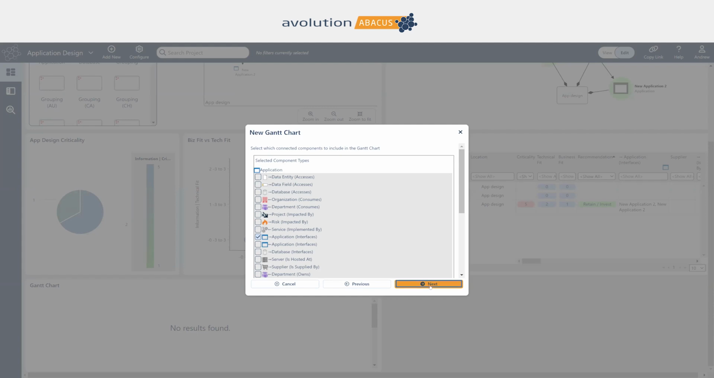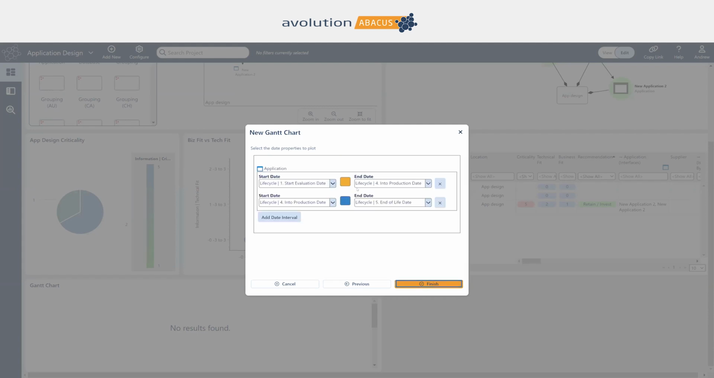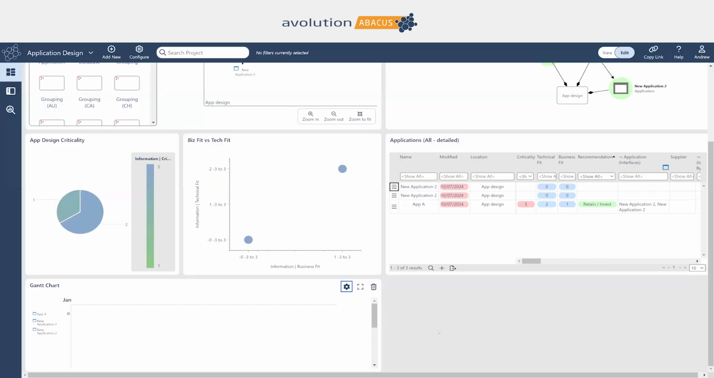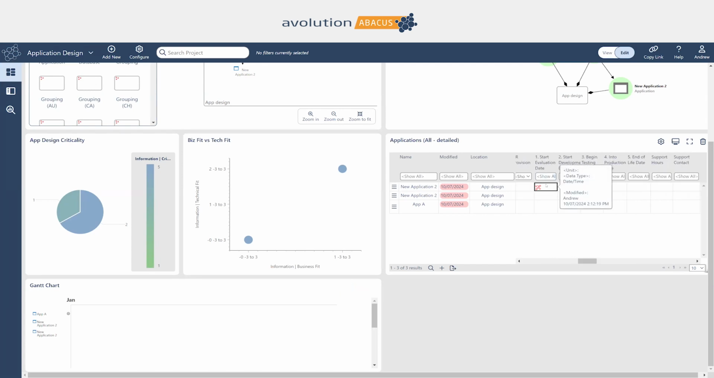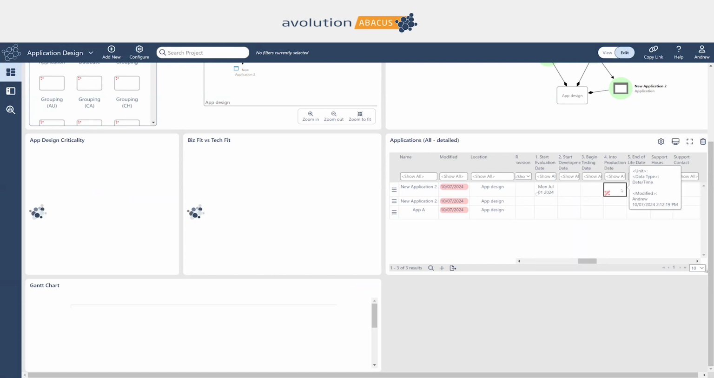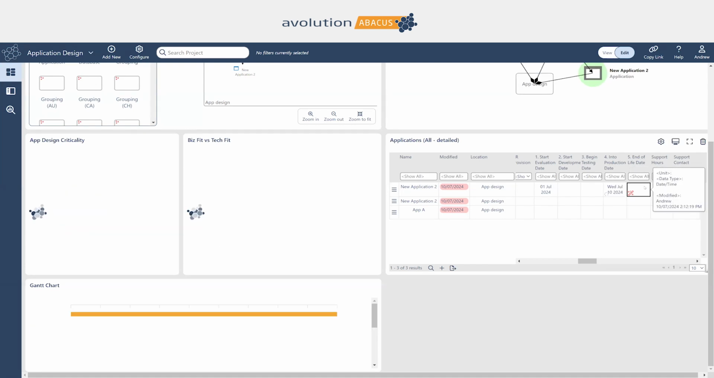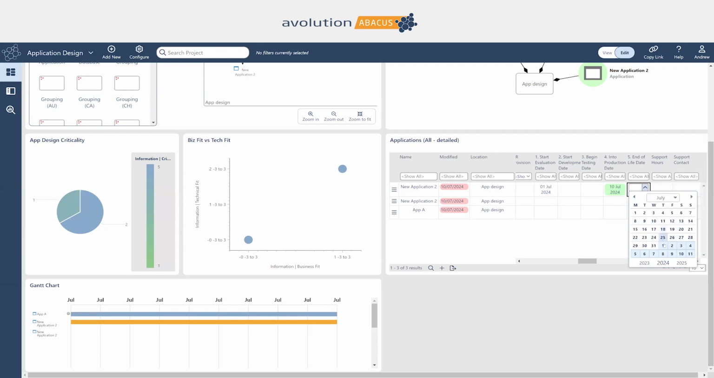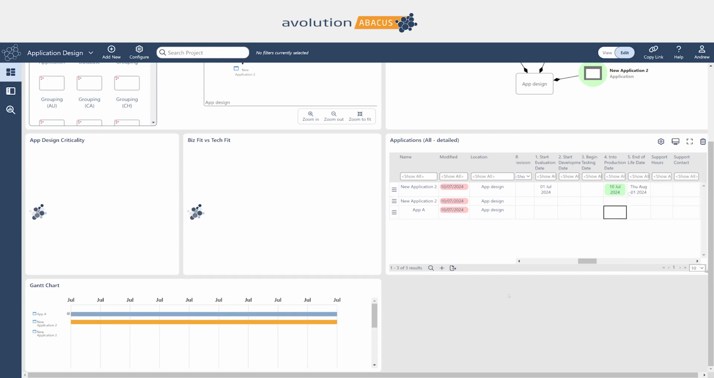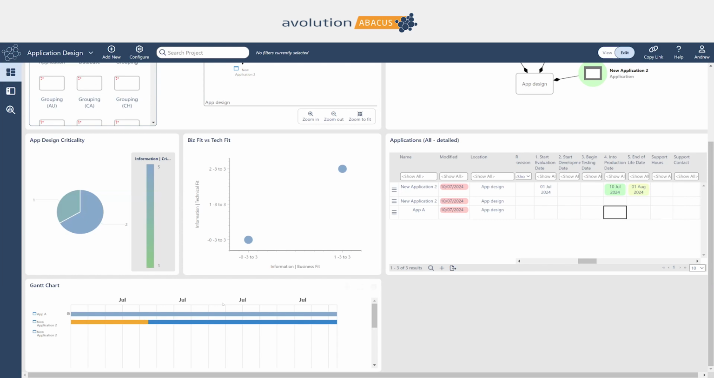Maybe we want to see if there are any interface connections we've added in. And we'll also just use some of these default color styles for the lifecycle dates. Now, each of the applications in the catalog will have their own lifecycle dates. And if we start filling this information in, so let's choose an evaluation date, and we'll go ahead and choose a production date. I would hope in real world situations, your dates are slightly further apart than these for your applications. But you can start seeing now how these Gantt charts are going to be populating with these lifecycle dates